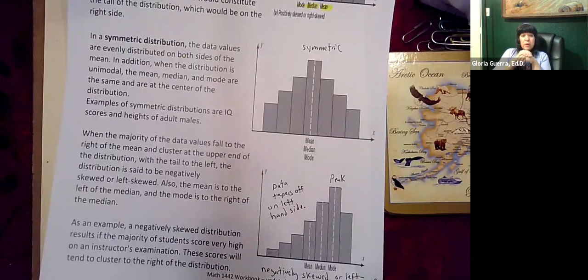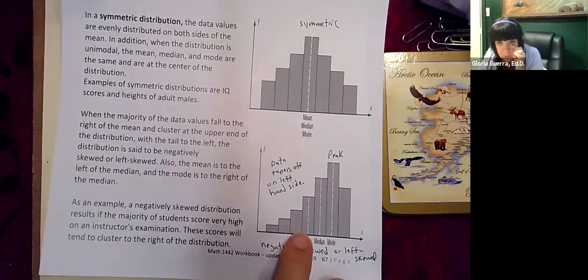When the majority of the data values fall to the right of the mean and cluster at the upper end of the distribution with the tail to the left, the distribution is said to be negatively skewed or left skewed. Also, the mean is to the left of the median and the mode is to the right of the median. So these values here, see,